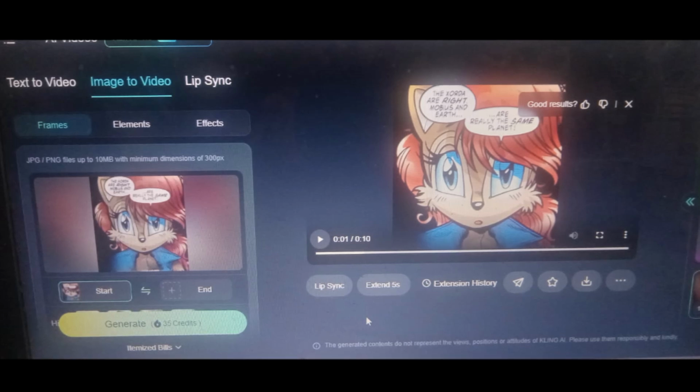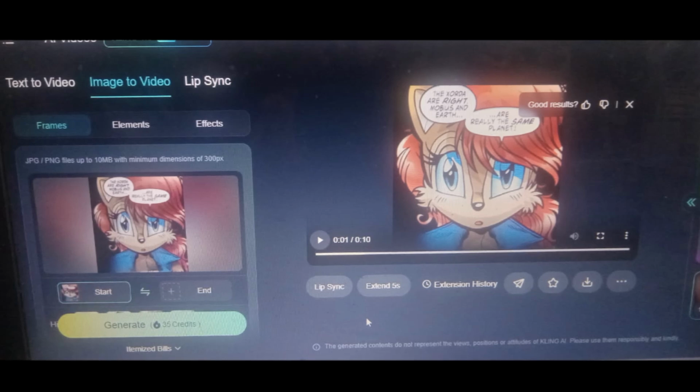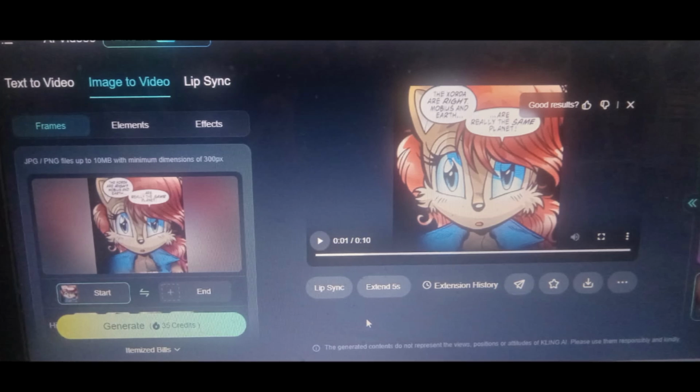As I said, with VDU, they have all the tools. They just need to add extension to the next update. They need to add the extension option, so that way people can extend.